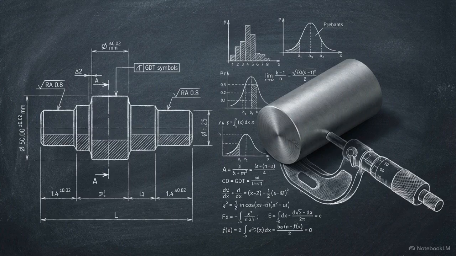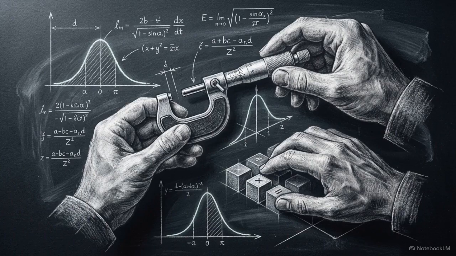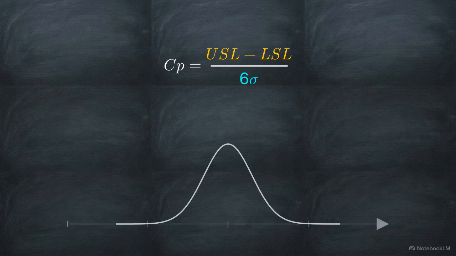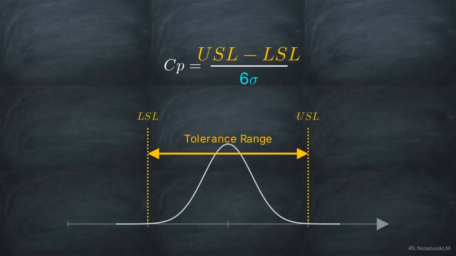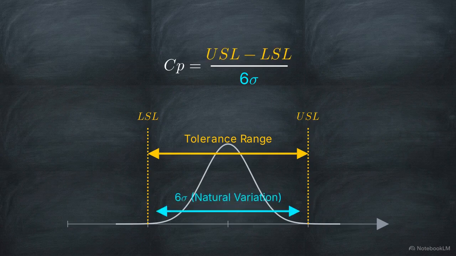We now have two measurements, the allowed tolerance room and the actual variation produced by the machine. We need a way to quantify the relationship between them. This is the Process Capability Index, or Cp. It is calculated by dividing the total tolerance range, the upper limit minus the lower limit, by the natural variation